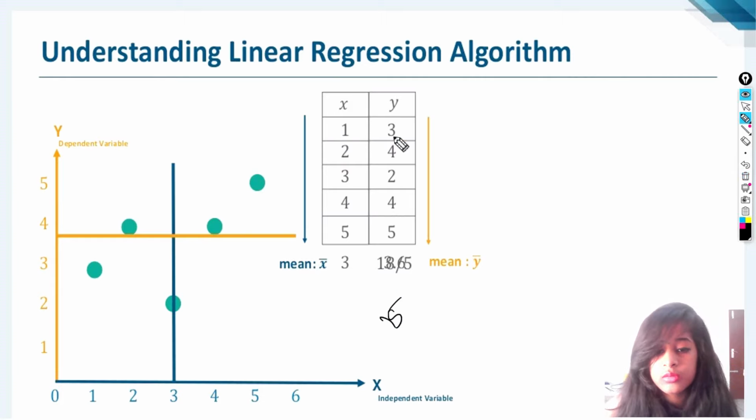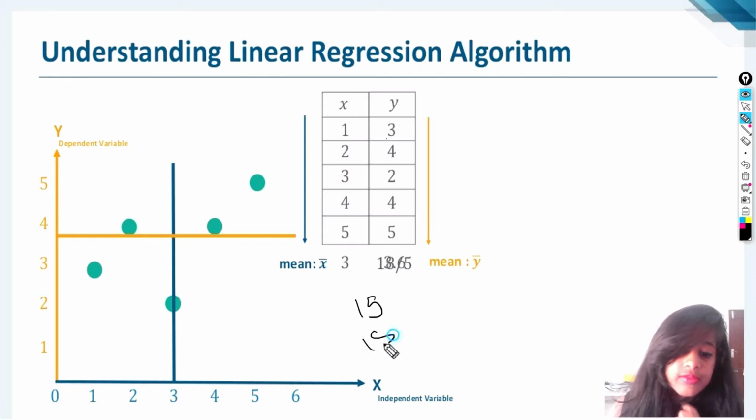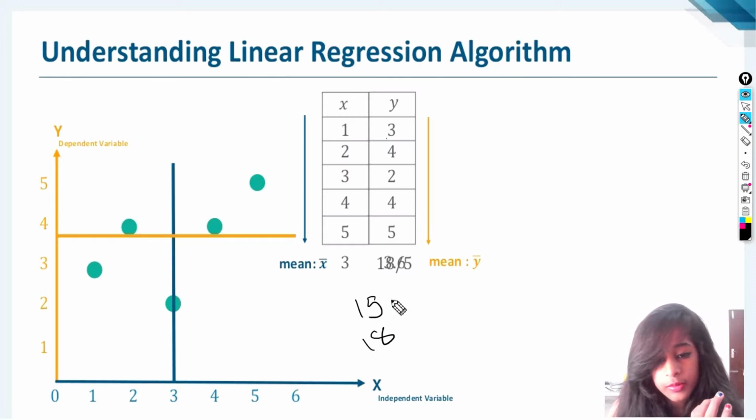Let's check the sum for y too. 3 plus 4 is 7, 7 plus 2 is 9, 9 plus 5 is 14, 14 plus 4 is 18. So their sums are 15 and 18. This is the sum of x, and this is the sum of y.